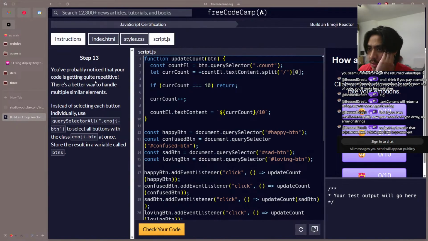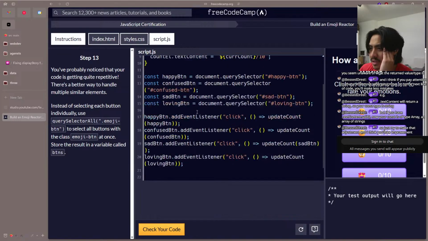You've probably noticed that your code is getting quite repetitive. There's a better way to handle multiple similar elements. Instead of selecting each button individually, use query selector all emoji button to select all buttons with the class emoji button at once. So result in a variable called buttons. Okay, so